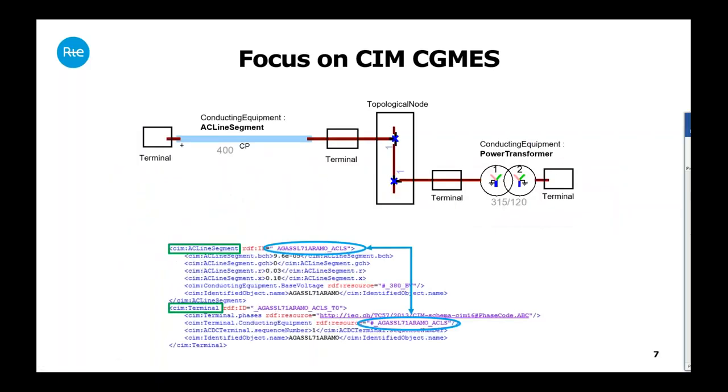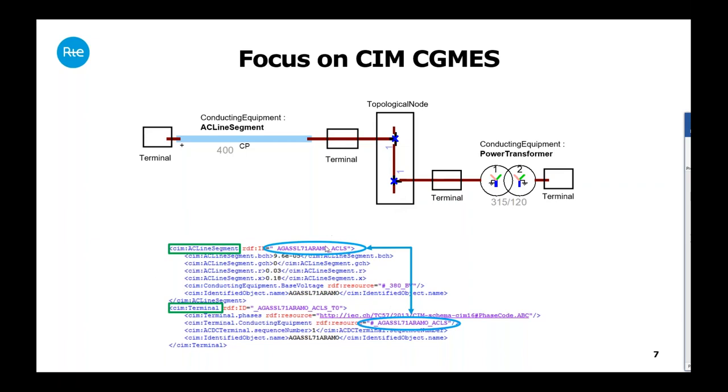So now we look in more detail at CGMES components and their connections. Main equipments are called conducting equipments. So here we have a line and a power transformer. They are conducting equipments, and they are connected by terminals. In this example, each conducting equipment has 2 terminals. And in the middle, there is a topological node. And this is a classic way how CIM objects are interconnected. And below here,